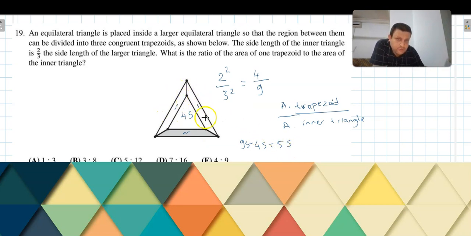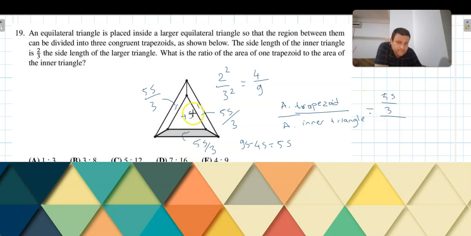They are also the same as each other. Because they are congruent, if we divide by 3, each one is going to be 5s/3, and this one is 5s/3, and this one is 5s/3. The total is going to be 9s. So the question is asking about the area of one trapezoid, which is 5s/3,